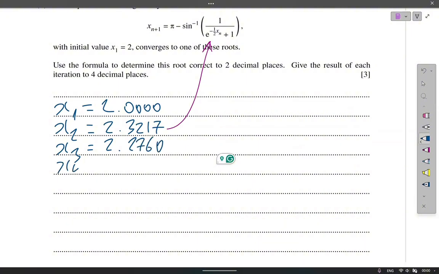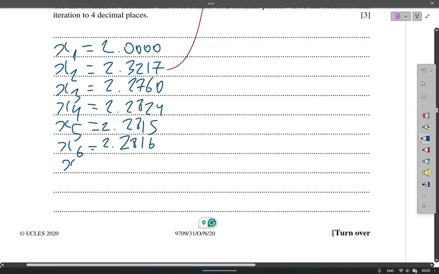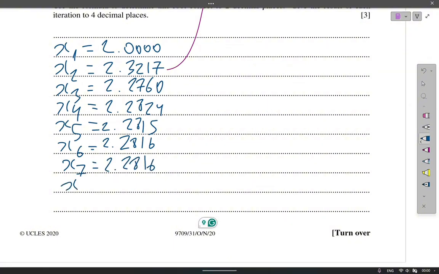In the next, it's this one, the fifth iteration. And this one, the sixth iteration. It's this one. The seventh iteration gives this. There's the eighth iteration. It's this ninth iteration. Also gives this. So from here, we can conclude that it converges into a root